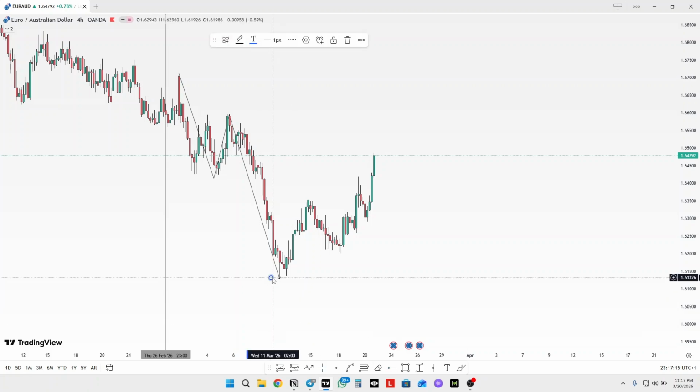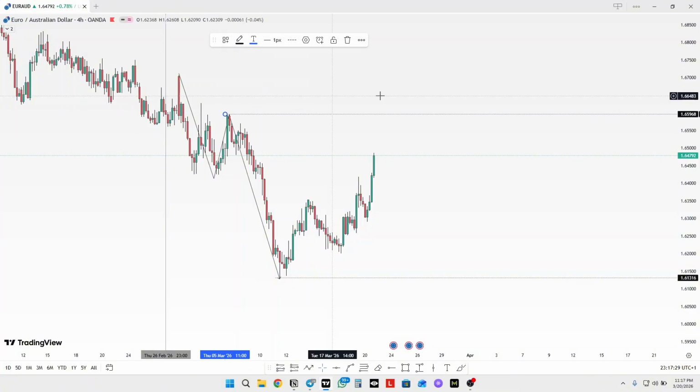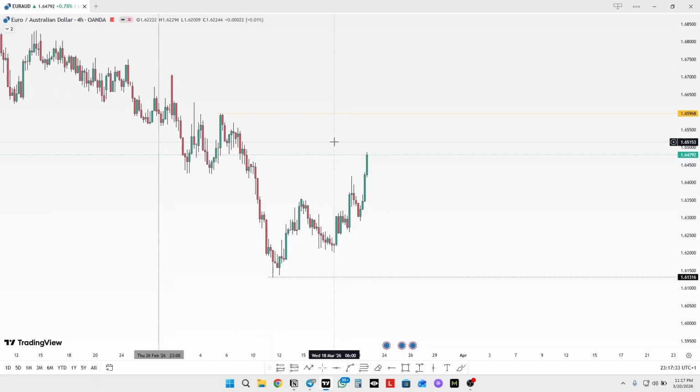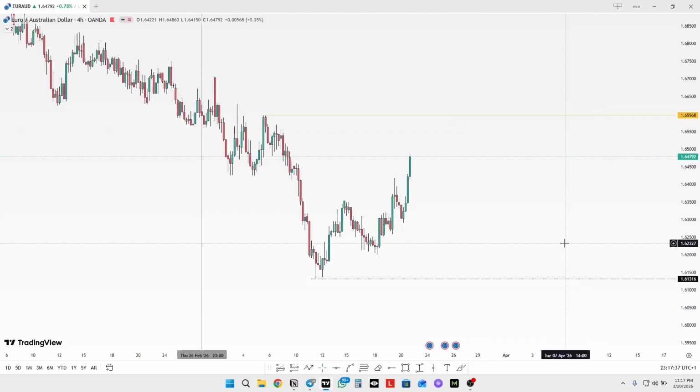I hope you're following. Then this is the lower high. So we are going to put our invalidation level there, because that is where we are looking to place a trade from. So we've gotten our range, we've gotten our invalidation level, and we have gotten our lowest point for the